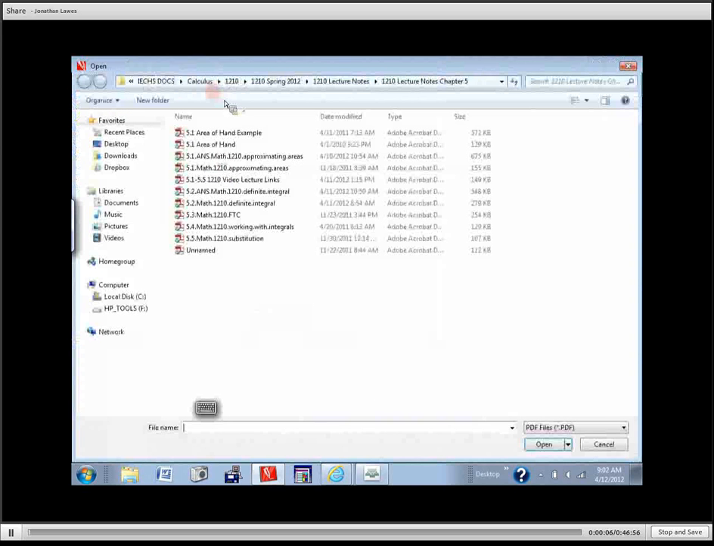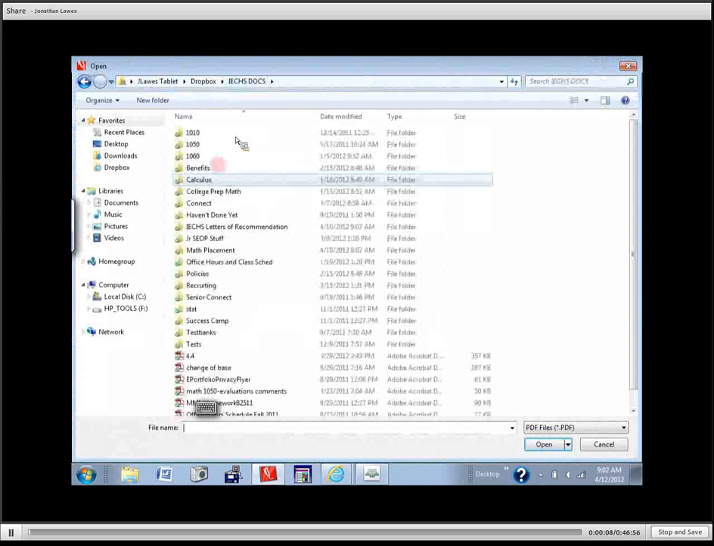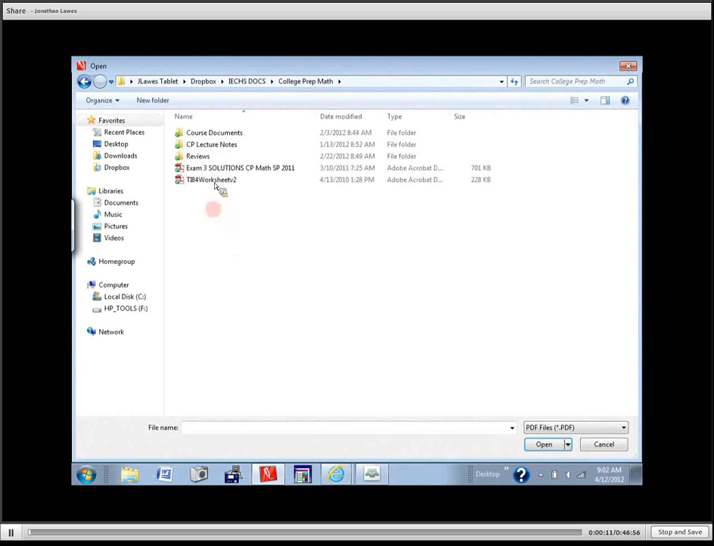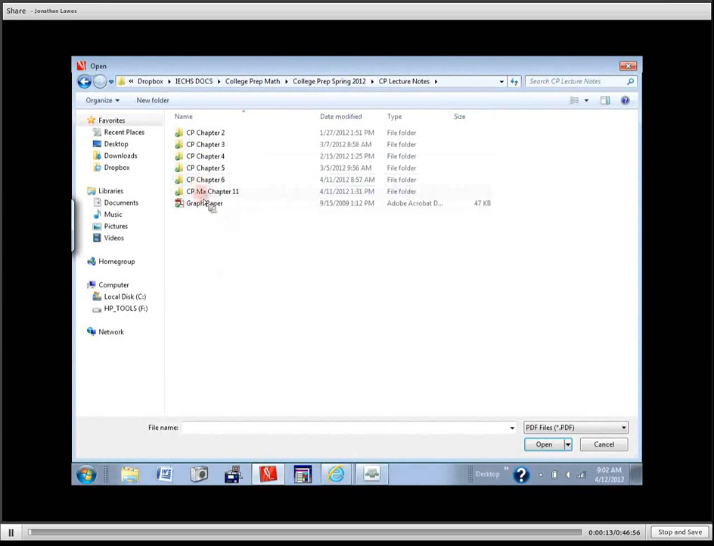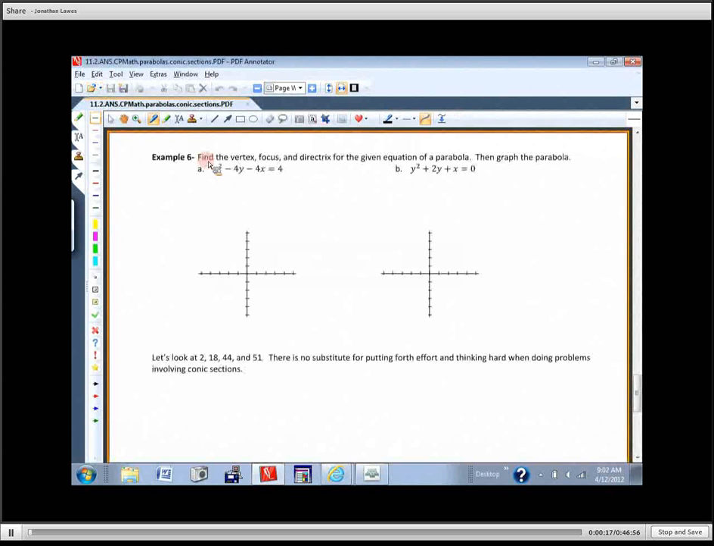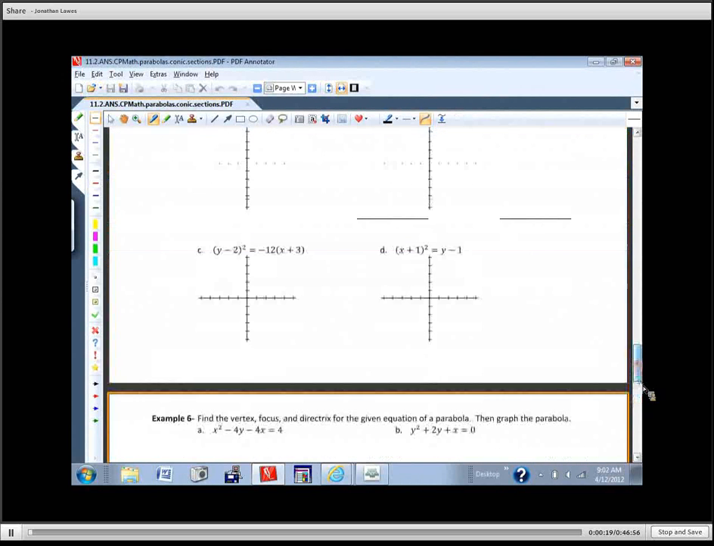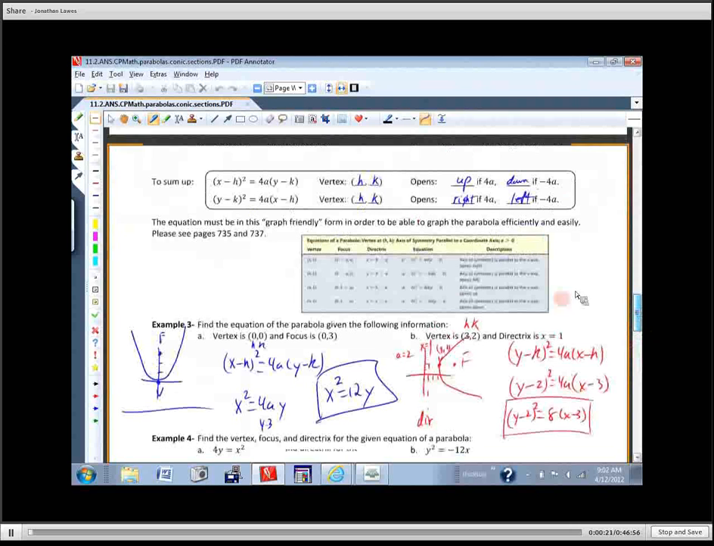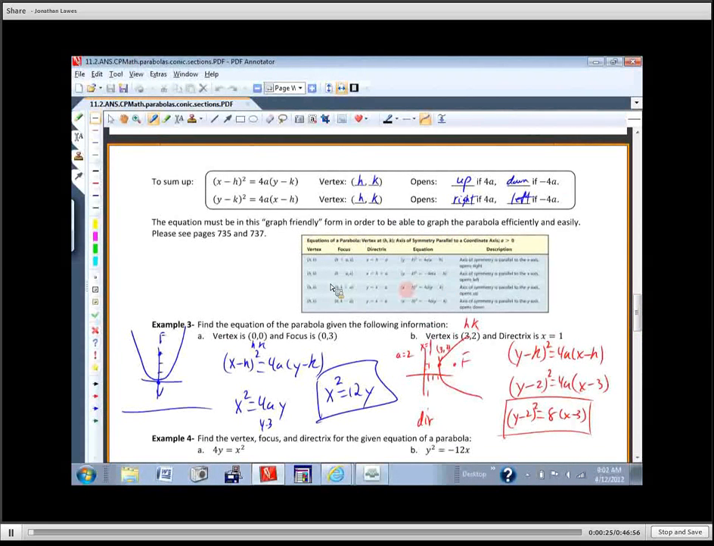Okay, so let's pull that up and take a look at those 6 problems that you looked at. Very good. Okay, so there we finished off on this right here, and this is what we talked about. We talked about you can memorize all 4 of these, but it's a lot easier to just look at this